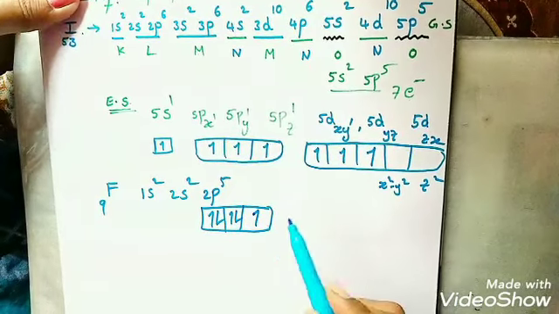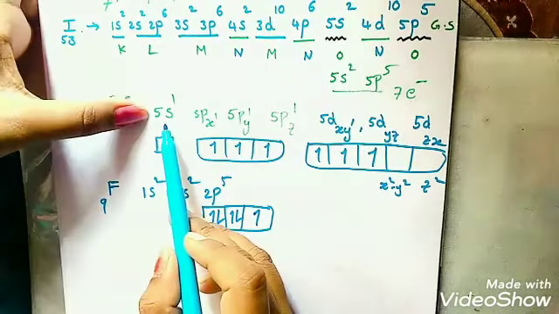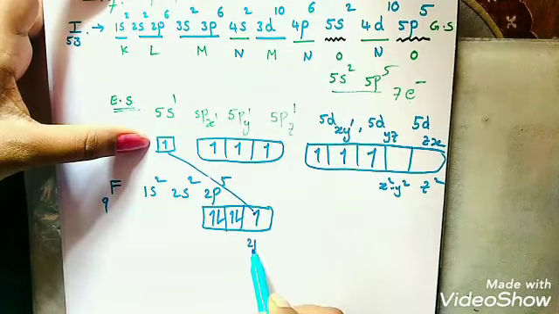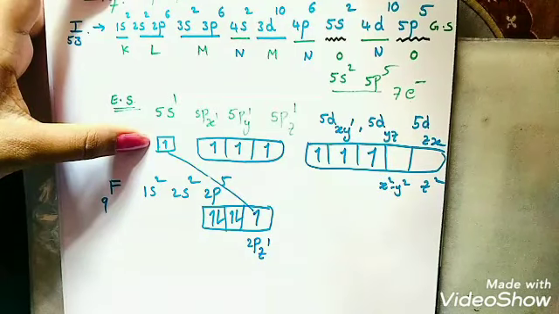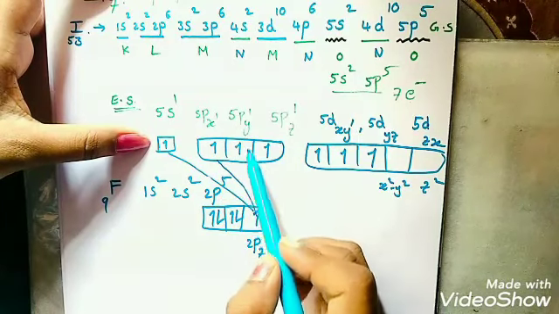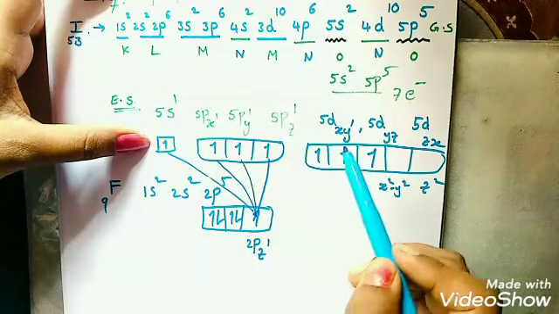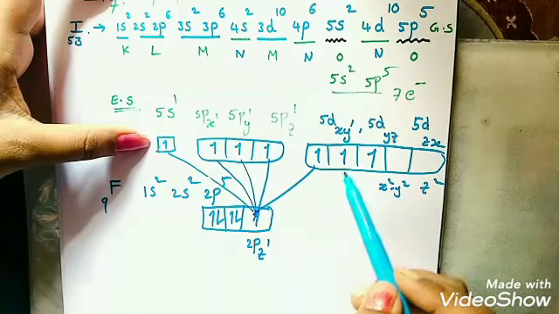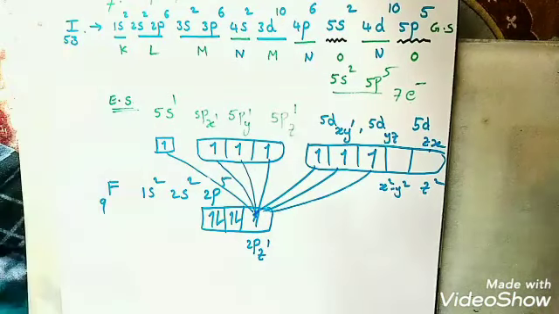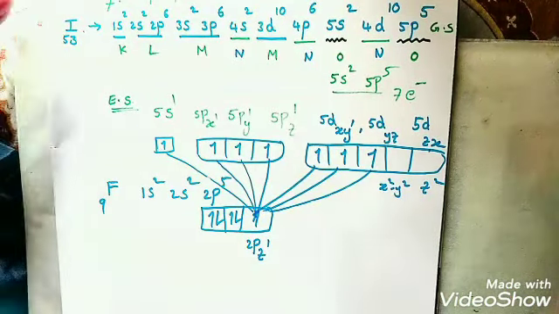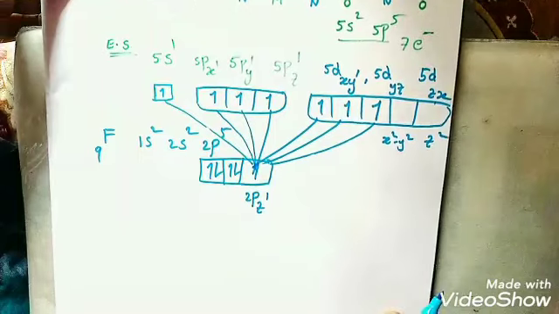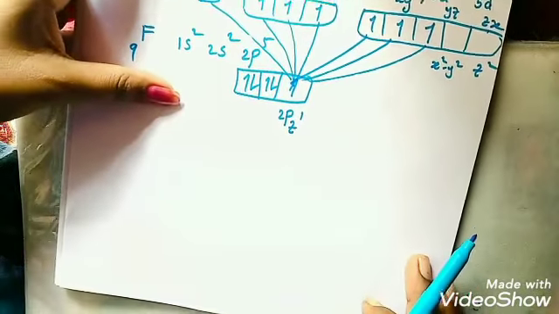Okay, students, here only one single electron, so that 5s1 orbital single electron is going to form bond with this 2pz1 electron, and 5px1 also is forming bond with this, 5py1 also, 5pz1 also, 5dxy1 also, 5dyz1 also, 5dzx1 also. So students, like this, in between these single electrons, those bonds can be formed. Okay, students. Then if you see the structure for this,